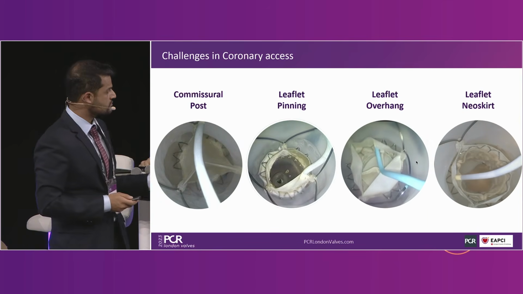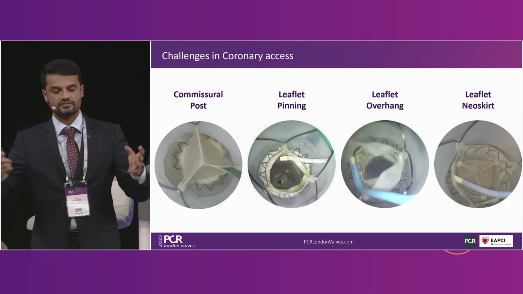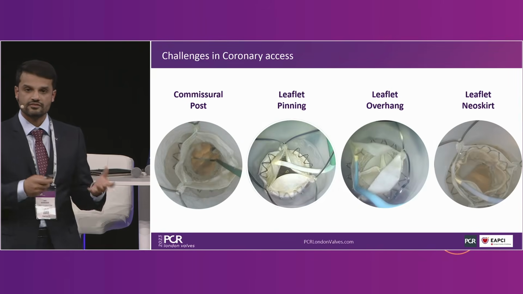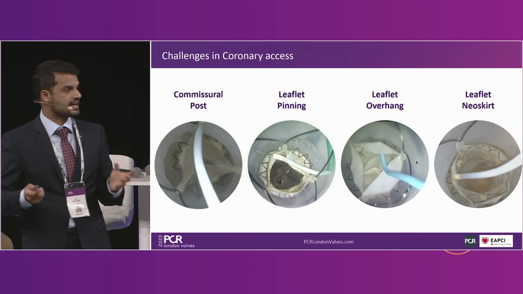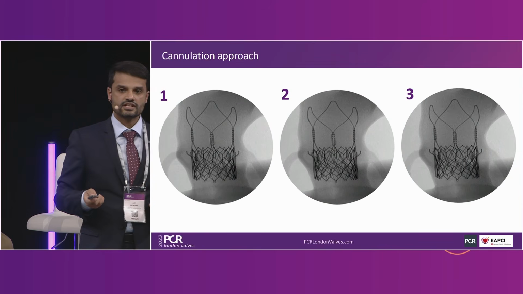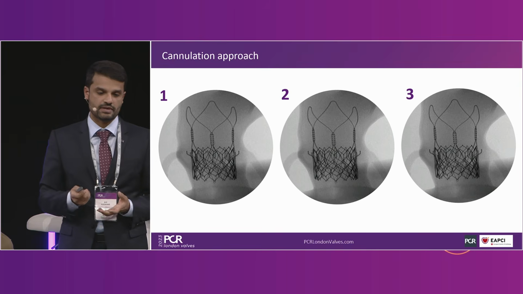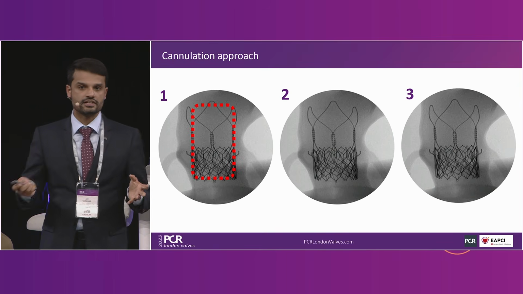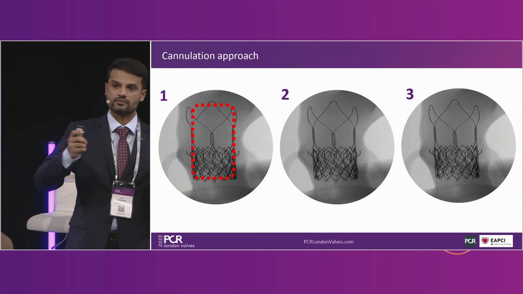We've already touched upon some of the challenges and problems that we can have across, again, the spectrum of TAVI procedures. So we've got posts, leaflets, leaflet overhang, and these are all the obstacles and barriers that our catheters face. I want to give you a slightly different way of thinking about these things, because essentially it's just a geometrical problem. A lot of our barriers are centrally located. All of the problems that we have are in the middle portion.